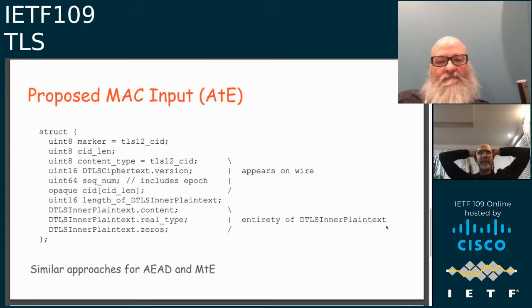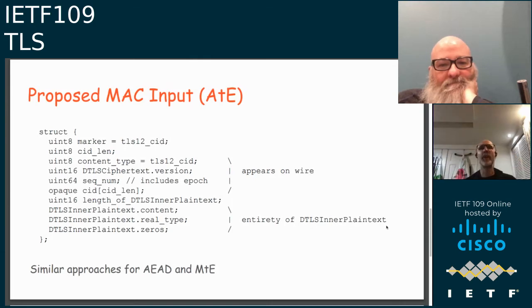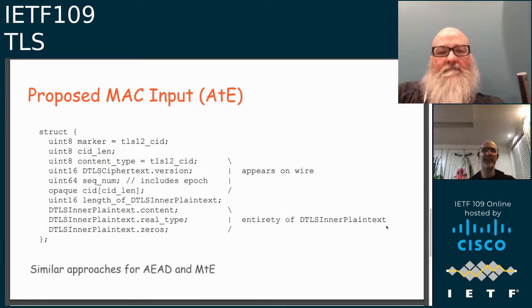Roughly speaking, the natural fix is to put the length of the CID before the CID in the packet. But when we designed a bunch of these structures, we were trying to balance a bunch of things, and one of them was to integrity check the thing that actually appears on the wire to the greatest extent possible, rather than integrity checking some reconstruction of the thing that appeared on the wire. If you just put the CID length somewhere earlier, then you have other points of confusion. So we cooked up this kind of bogus structure where the first byte is a marker byte,